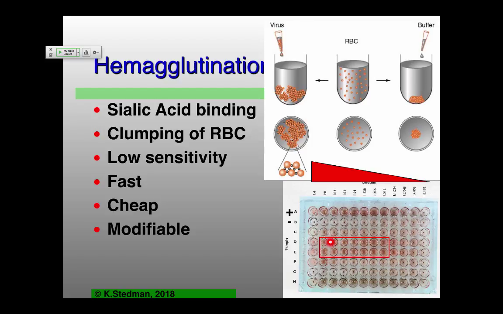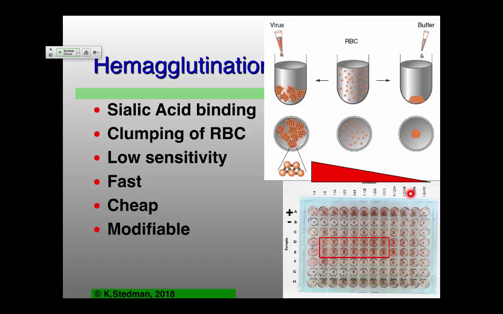So this is clumping in such a way that it doesn't go down to the bottom of the tube and make a nice little spot. So this little spot here is the absence of virus. So here's a control where we have no virus whatsoever. All the way across our dilution series, we're just doing dilutions of buffer here, spots. Here, if you have virus at these low dilutions, you have a hemagglutination which has happened. Here are also some hemagglutinations which have happened here. And we're just doing dilutions. So 1 to 4 dilution, 1 to 8 dilution, 1 to 16, 1 to 32, etc., all the way across